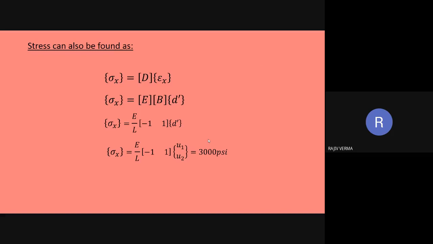So, unless you basically do the process of mesh refining, you should not assume that the solution which you are getting is a correct solution or it is anywhere near to the exact solution. It is only when the mesh refining has been carried out, you basically approach towards the exact solution. And also please note that you are never going to get the exact solution, but the solution which you are getting is going to approach the exact solution as you carry out the process of mesh refining.